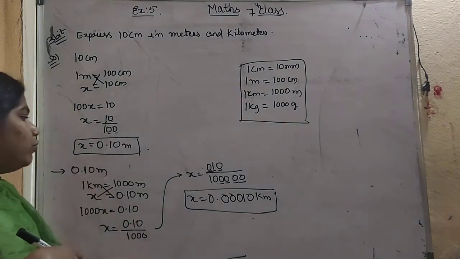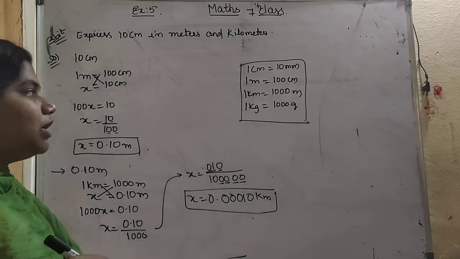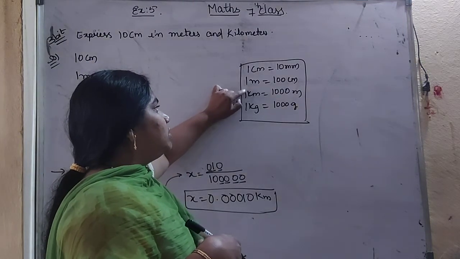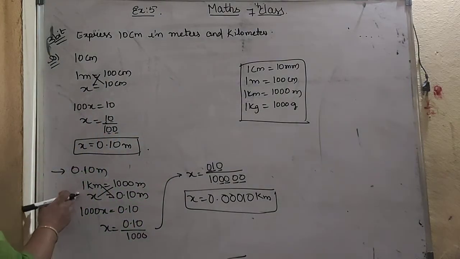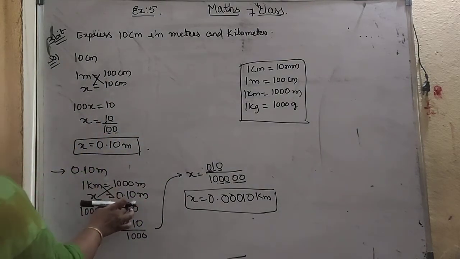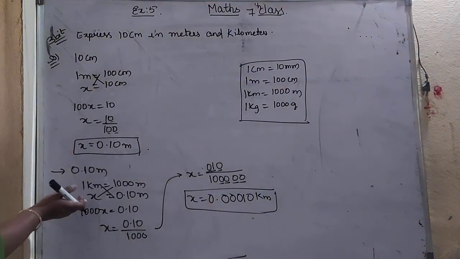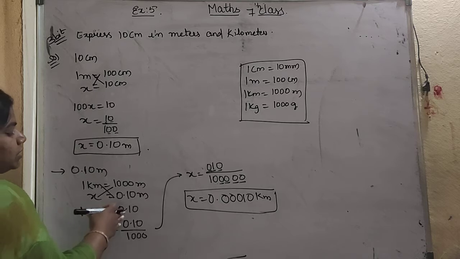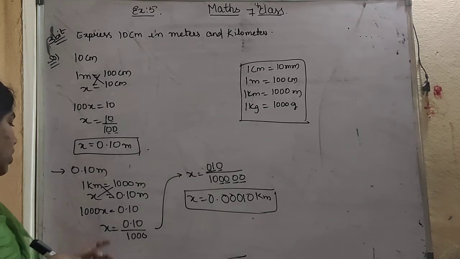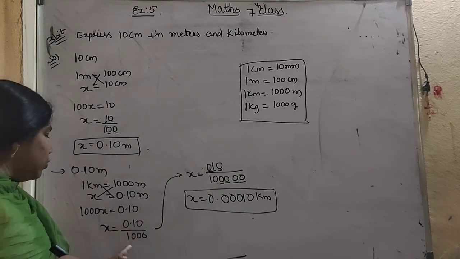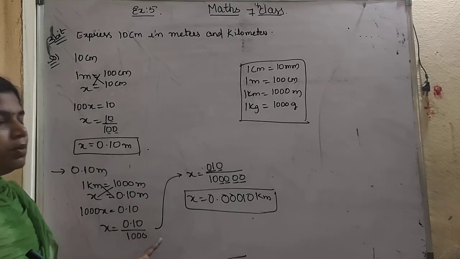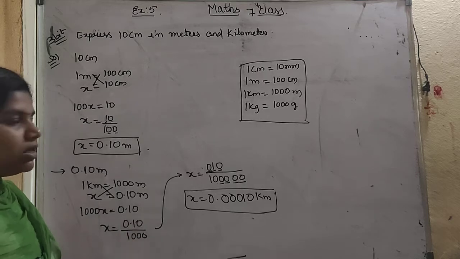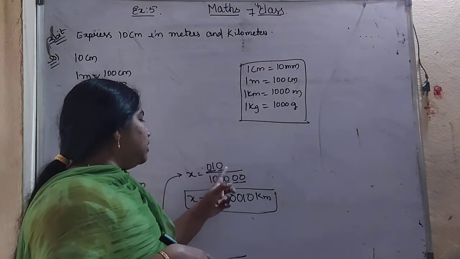Now this value we have to convert into kilometers. Which conversion have I used? 1 kilometer is equal to 1000 meters. This conversion I have used. So here 1 kilometer is equal to 1000 meters, and we have to find how many kilometers 0.10 meter is. Do cross multiplication: 1000x will be equal to 0.10. So x will be equal to 0.10 by 1000. If you remove the point, in the denominator you will get 2 more zeros because after the point you are having 2 digits. So it will become 010 by